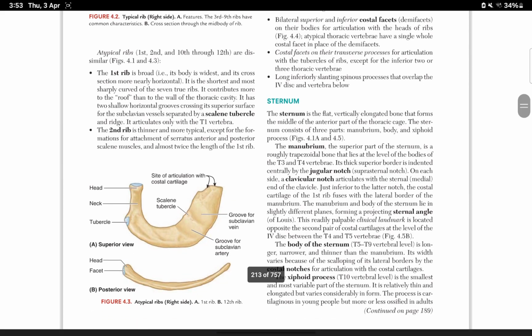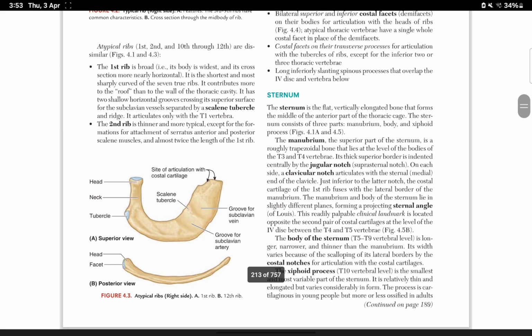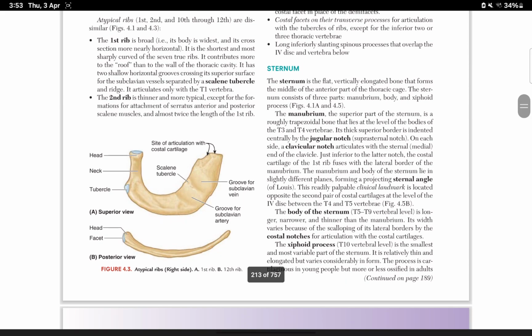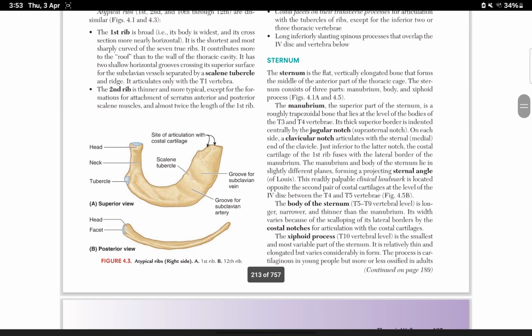Sternum. The sternum is a flat, vertically elongated bone that forms the middle of the anterior part of the thoracic cage. The sternum consists of 3 parts: manubrium, body, and xiphoid process. The manubrium, the superior part, is a roughly trapezoid bone that lies at the level of the bodies of T3 to T4. Its superior border is